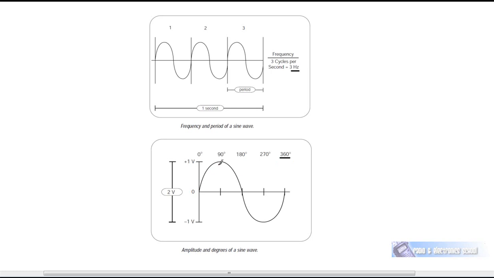So the first peak is at 90 degrees, and it then drops to 0 at 180 degrees. Then the polarity changes, and just think of the magnet coming out now rather than going in, and the opposite half cycle is produced. The peak value is 1 volt